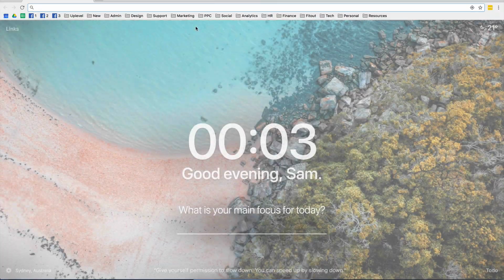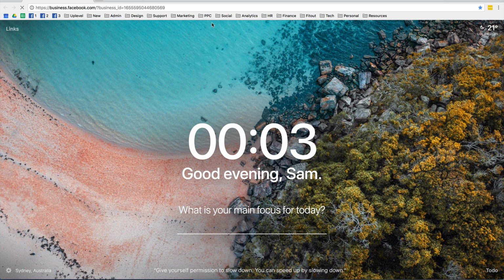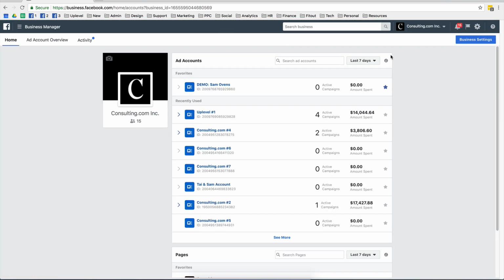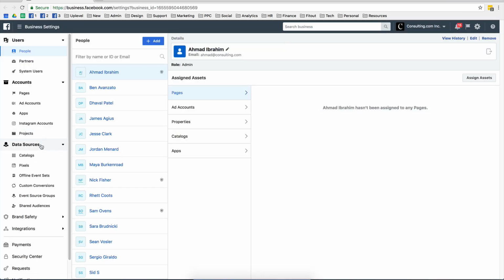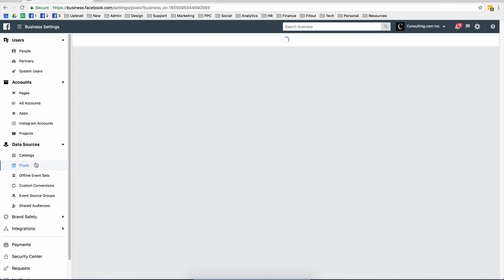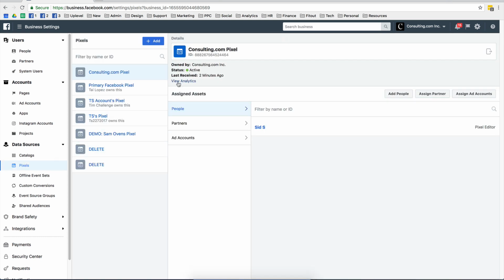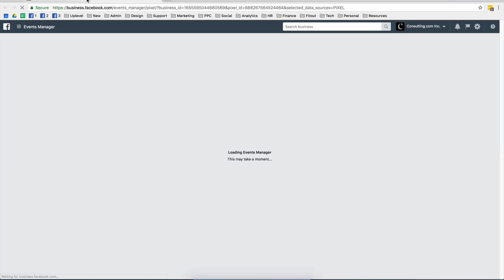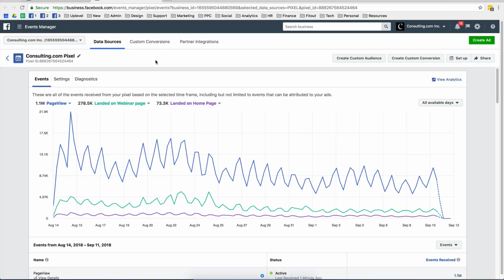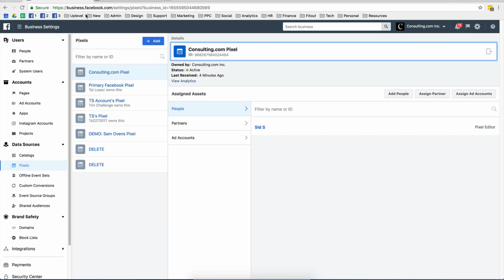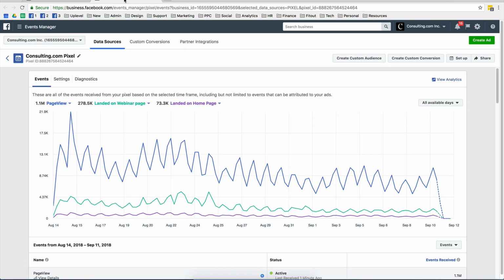Well, you go to your business manager, then you go to your business manager settings, then you go to data sources, which is where your little pixel hangs out, and there's our consulting.com pixel, which you should have one of. Then you go to the pixel by just clicking up here, and then the pixel page should load. It might take a little bit of time. Then you click on settings,